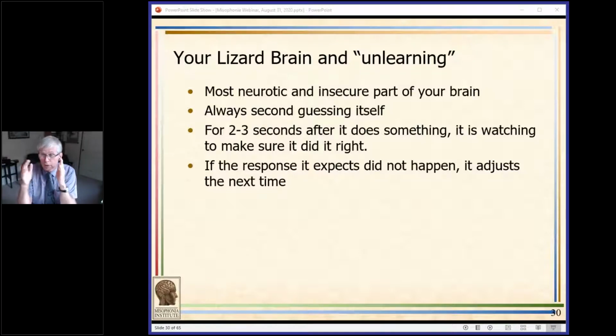If it's crunch, I hate that, lizard brain goes, oh my goodness, look, I did this, I'm seeing that. Next time I will hit that muscle harder. And that's one of the reasons that misophonia gets worse and worse over time, is because the lizard brain is pulsing the muscle and then seeing you tighten it because of the emotions. But if you can relax